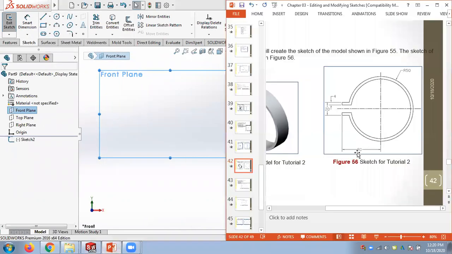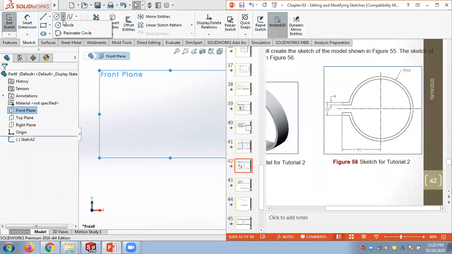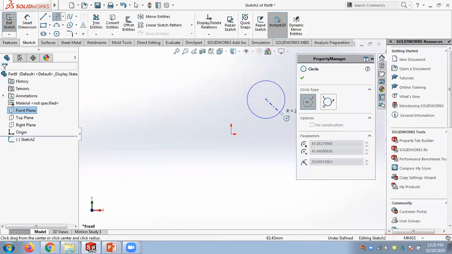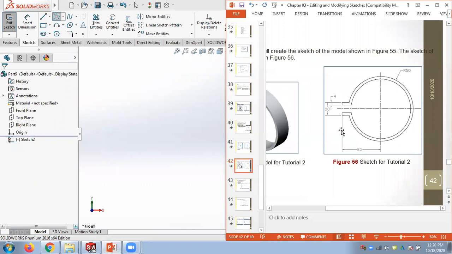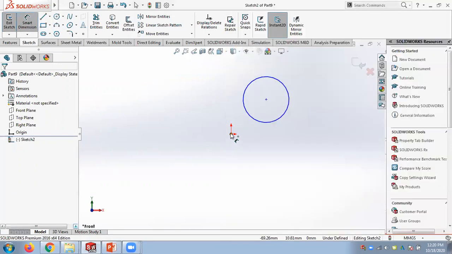So in the drawing, origin I'm assuming here, circles we can draw here. So we can draw a single circle first. And I think from here to here also 60, both are 60. So I will locate the circle.